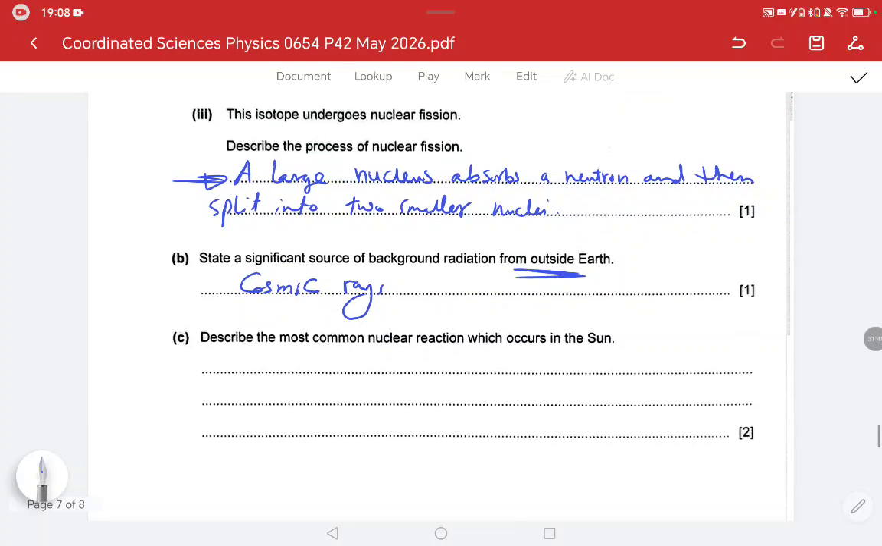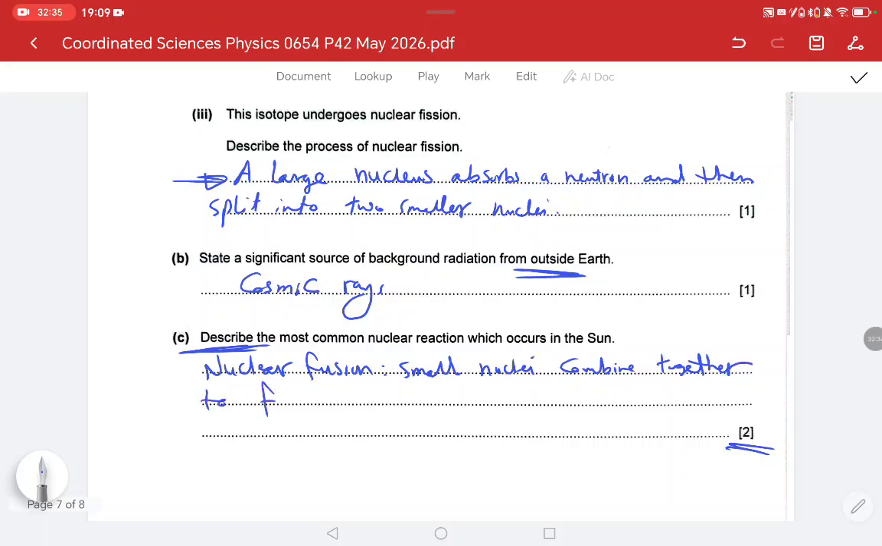Describe the most common nuclear reaction which occurs in the sun. Okay, we came to what's happening in the sun, which is nuclear fusion. And here, since you have 2 points and we are asked to describe, don't just say nuclear fusion, you have to describe it. Fusion means to fuse or to combine. When you have small nuclei, they will combine or fuse together